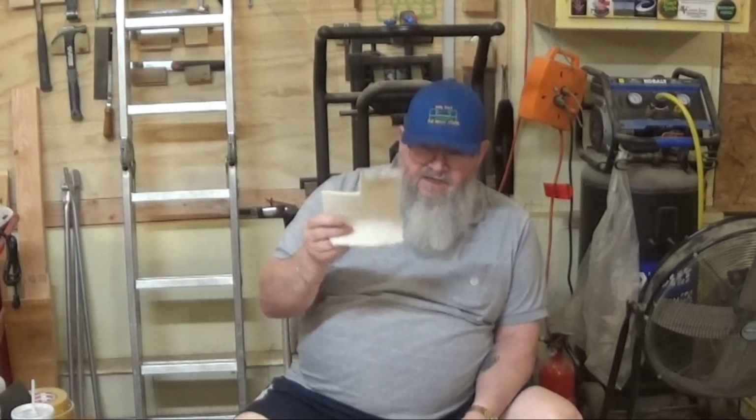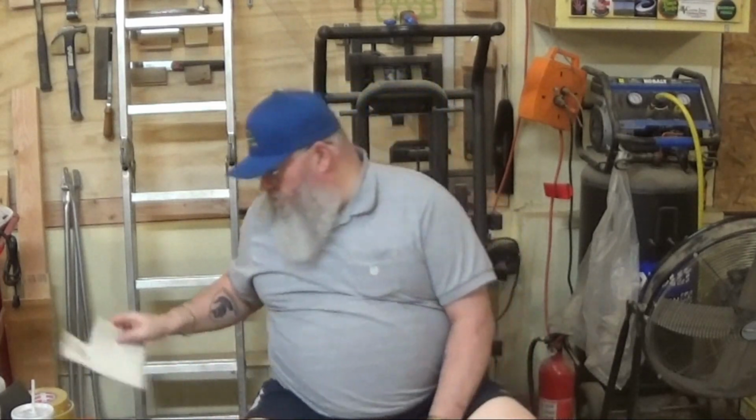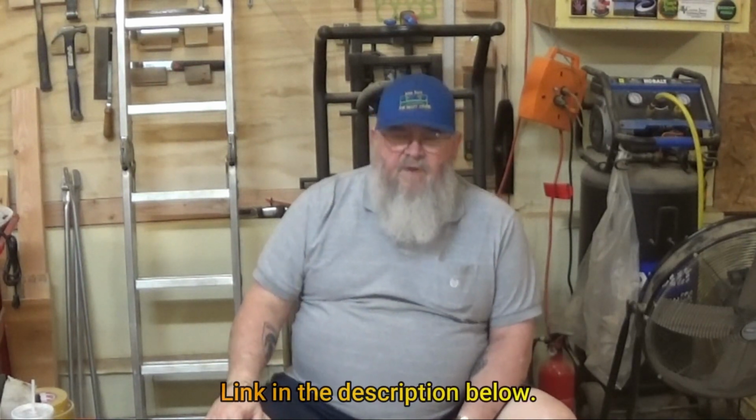It gets them off. This is the one that I actually consider the most ultra fine, and I believe they've got this one listed as general purpose. I don't remember exactly, but I do know that the grit on this is greater than 2,500. It's actually 2,500 and up. So it's a nice little polishing pad if you need to do that. And like I said, I prefer those over